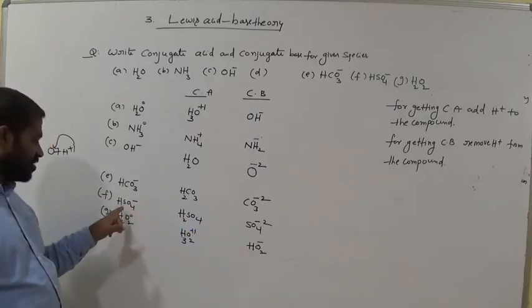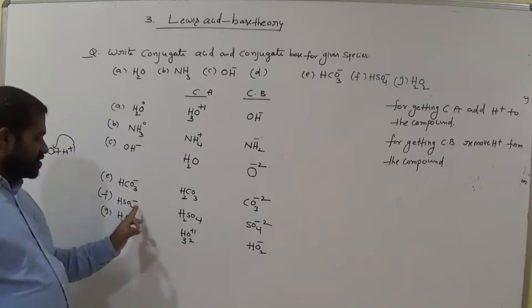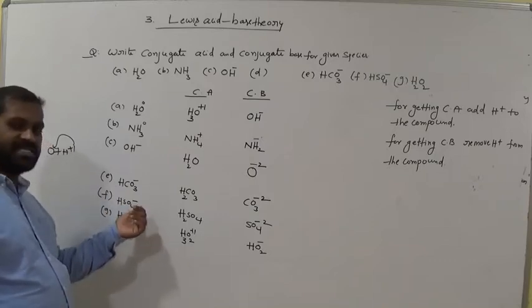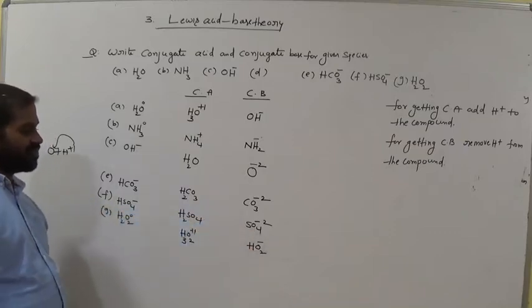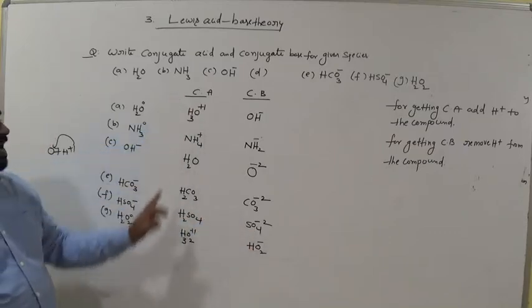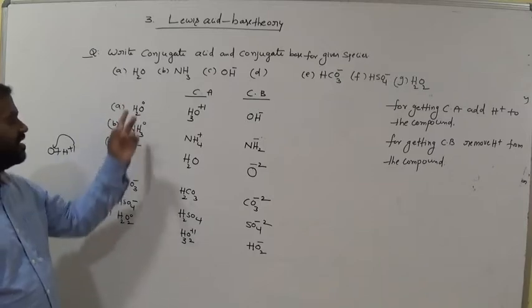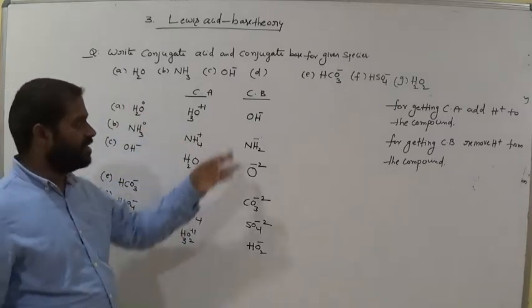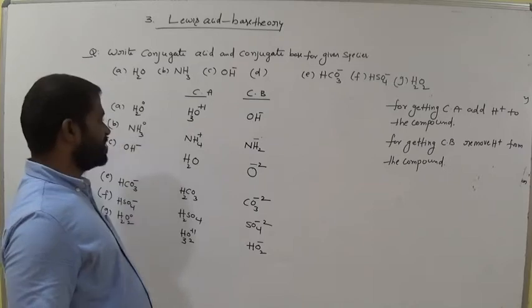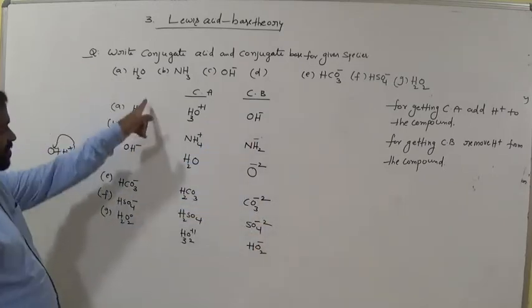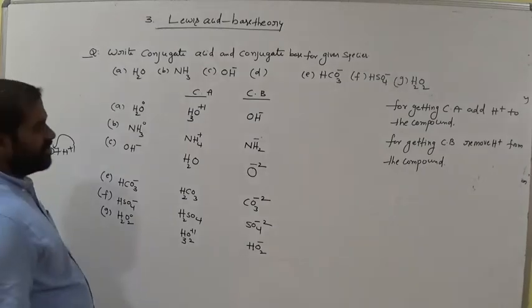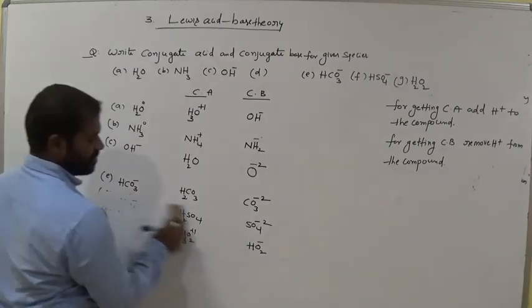It is minus 1 when we remove H plus. So we add 1 minus. Already it is minus 1. So when we add minus, what does it become? Minus 2. SO4 minus 2. Simple. For the conjugate acid, add H plus and note all the charges. And for the conjugate base, remove H plus and add minus. Is it clear, all of you? So very, very important.